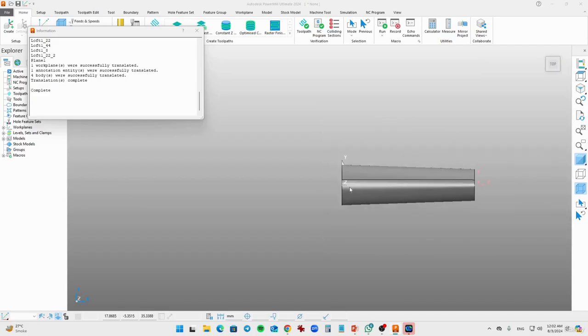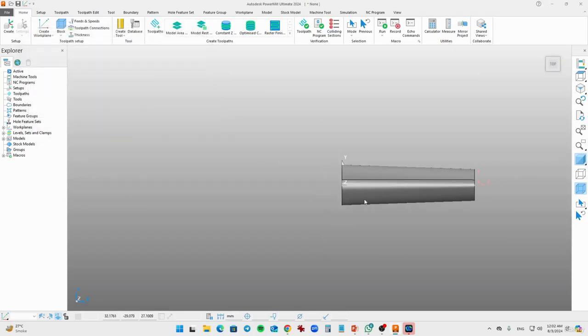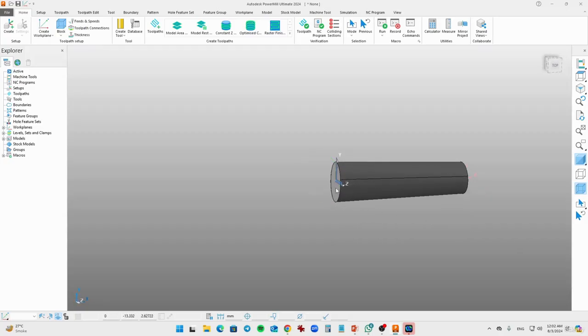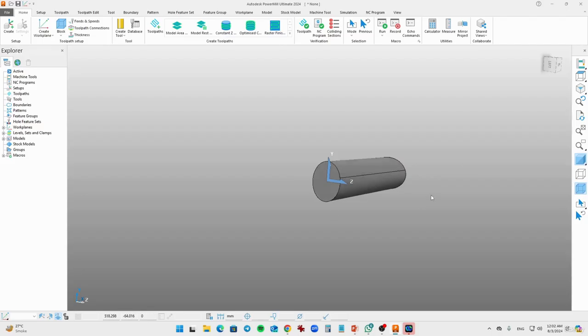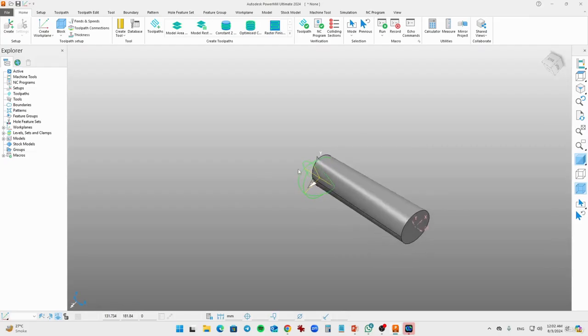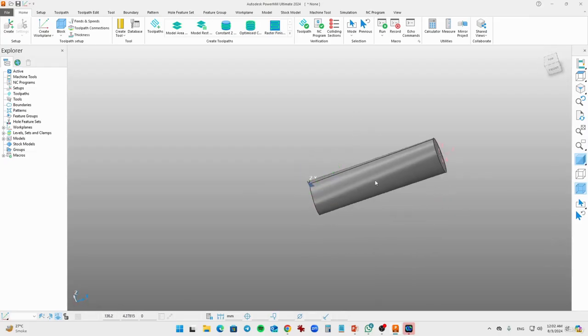The model is being loaded into your software, and you see that this model has some faces like this face and this face. Okay. This face is an ellipse type face, and the other face is also an ellipse but in a reverse direction, so that it gives you a very irregular shape, something like a cone shape. Okay, so let's go and create